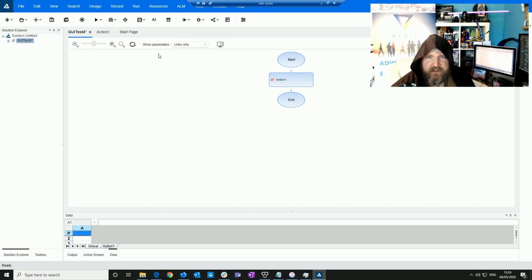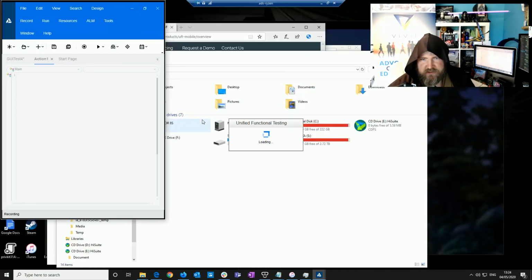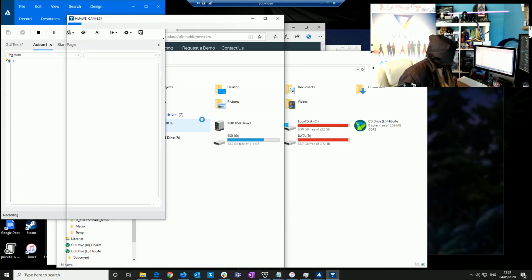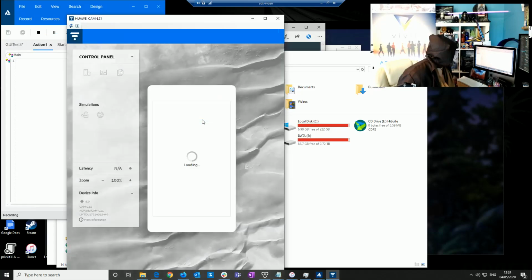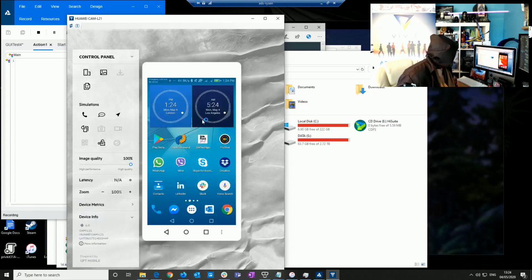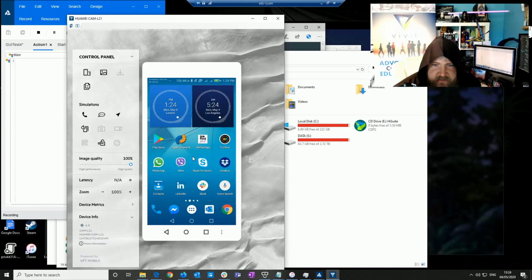Okay, so what we should get. Oh, I'm going to click record. My bad. So now it should spin up the local device. So now we can see the mobile app and we can control that. We'll see we're recording. So what I'm going to do is click on the start button, which is the burger button,